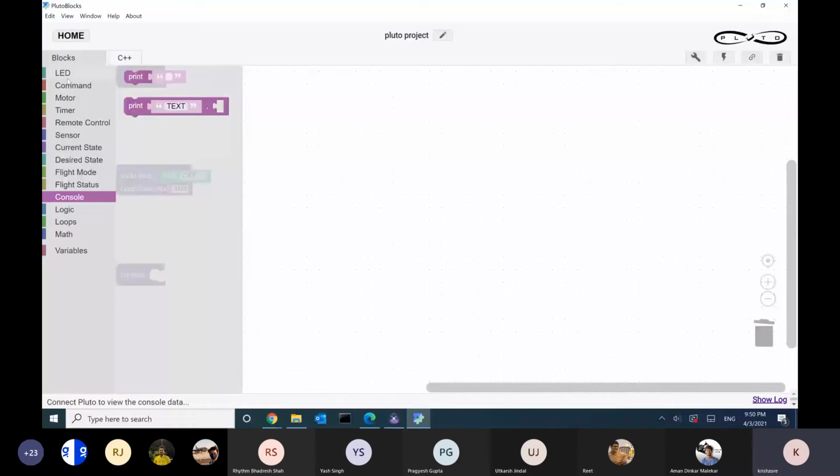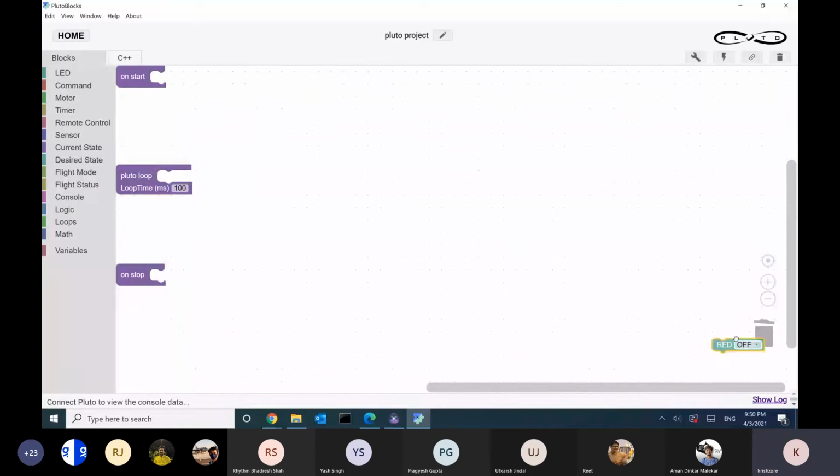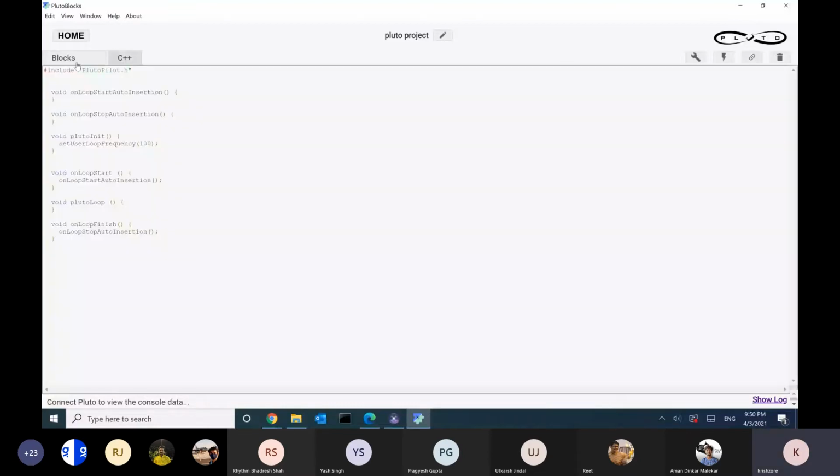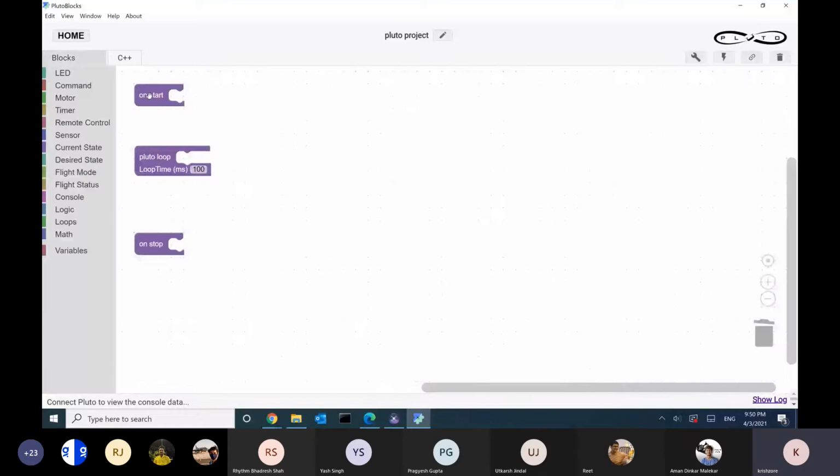Okay, so when you start, you can see there are three basic blocks which are directly available, meaning where you're coding the same thing. On start is basically nothing, on loop start. So here you don't have Pluto init. Okay, we are handling that part internally, like Pluto init. You can't do that part directly here because you don't have any hardware interface available, which you can do through Pluto blocks. So you don't need an init function here.